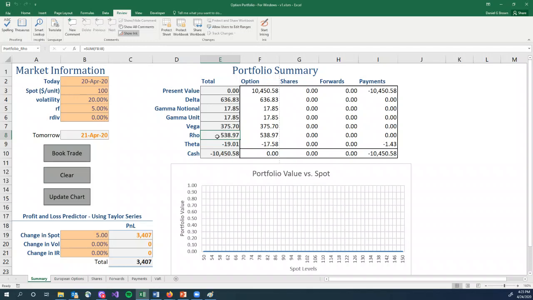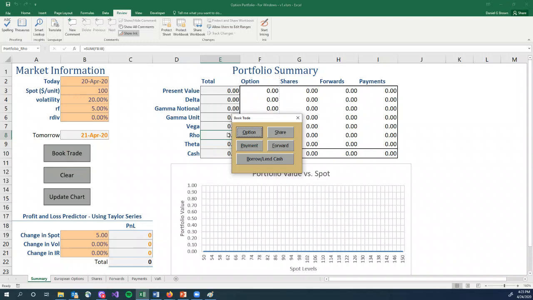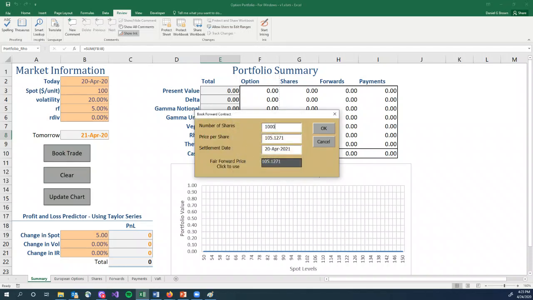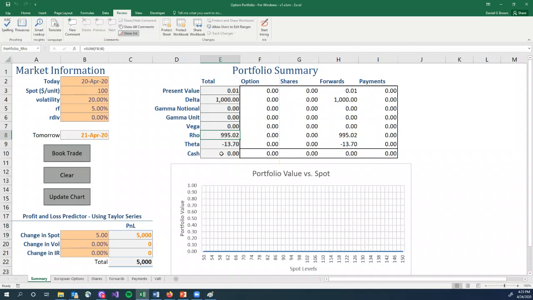Now, forward contracts also have interest rate risk. Again, it's relatively straightforward to figure out. If I put a forward contract into my spreadsheet, I can see a positive rho on that forward contract. And that positive rho comes from the term minus K e to the minus RT, or N, 1,000 in this case, minus 1,000 times the strike times e to the minus RT is where that rho comes from. Again, we are long a forward contract, it's got a positive